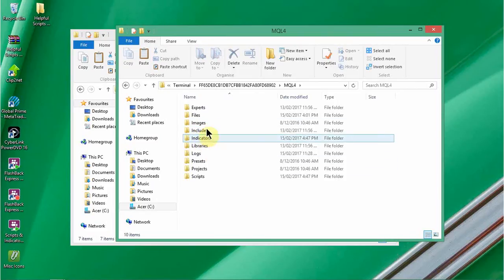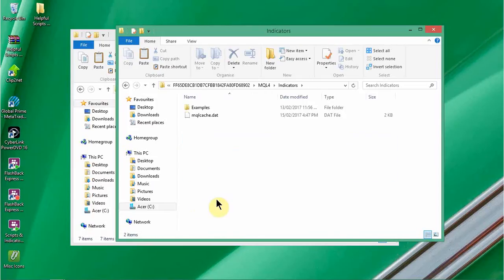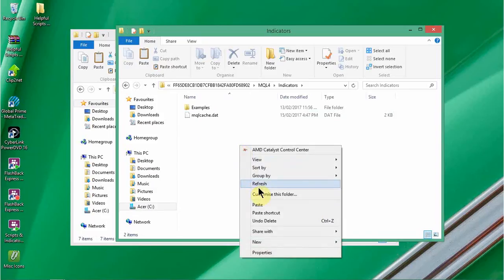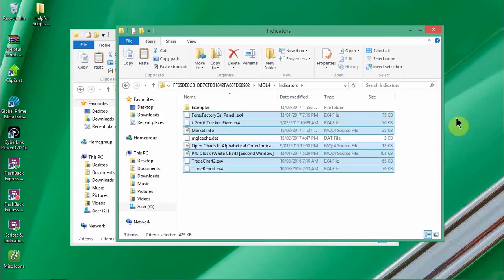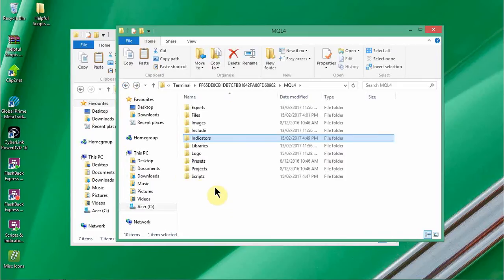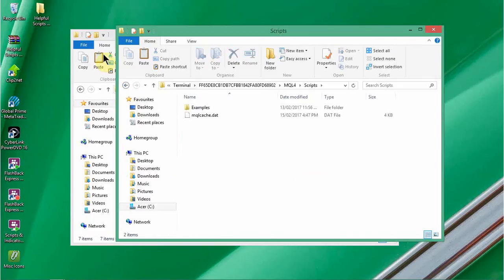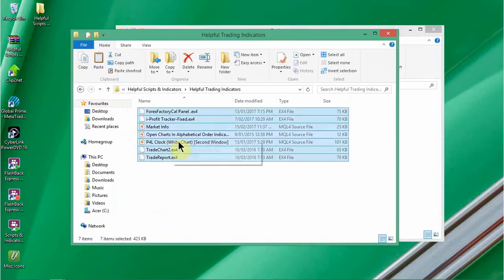This has all your indicators, experts, scripts, projects, everything like that in it. The only things we need to worry about at this stage is just indicators and scripts. So I copied the indicators, opened it up by double clicking, right click anywhere in the white area, paste, and there they are. If I go back, I'll open up the scripts area, go back to this one,